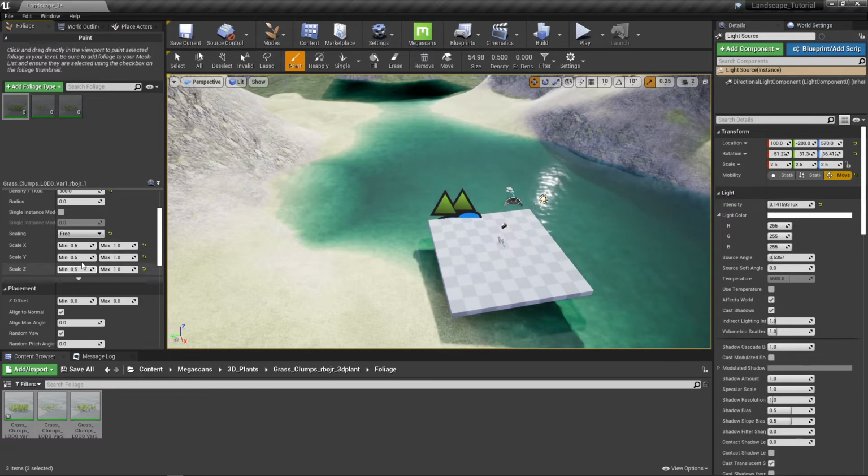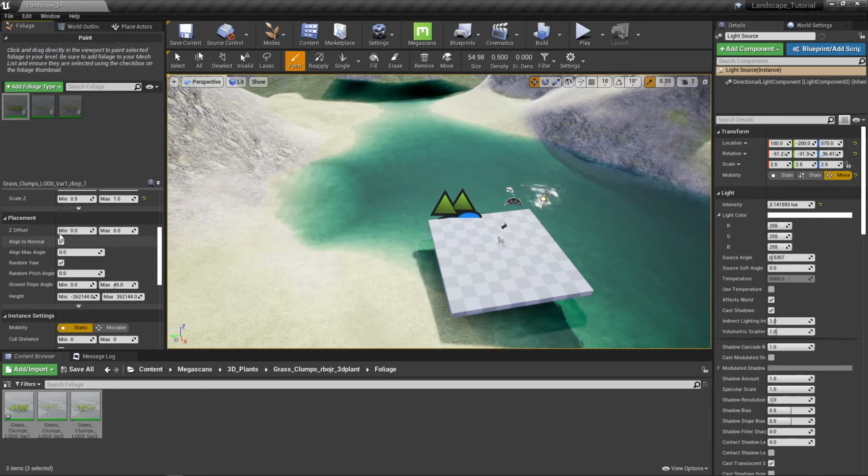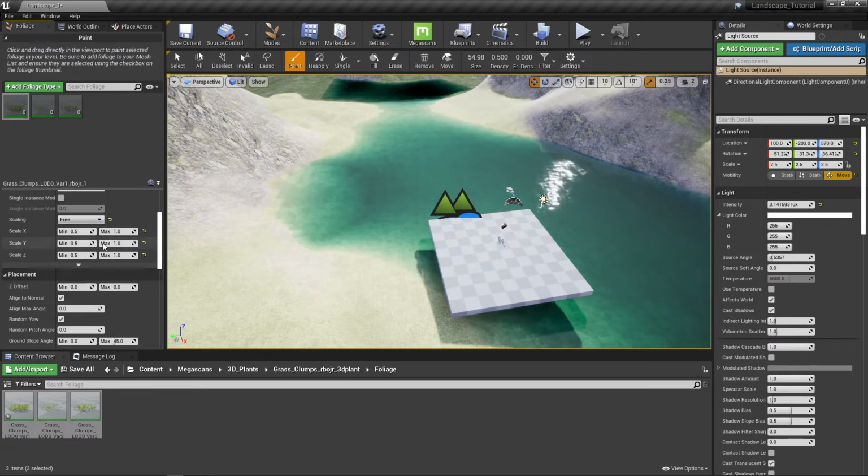Right now I have it set at 0.5, and I leave the max at 1 usually, unless I'm wanting to make the object taller than it really is or bigger than it is. So I could actually increase this quite a bit. Then I don't really adjust the rest of this. It's already